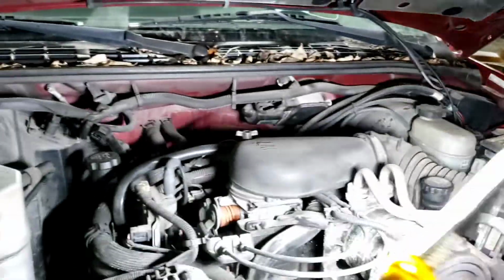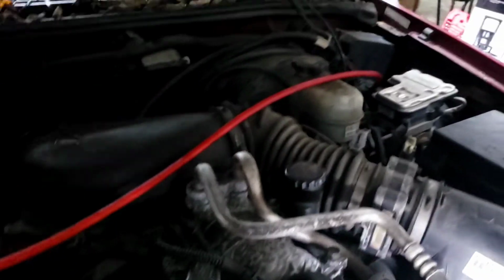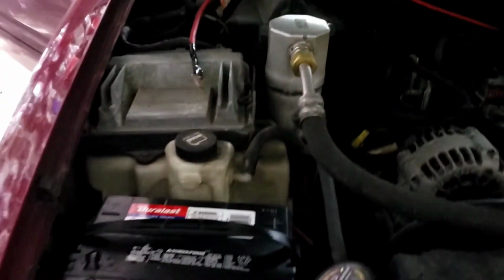We'll show you the end. Literally gonna run it like this, and we're gonna put wire loom over that and tape them. It's gonna be like that, like so. Coming over here,